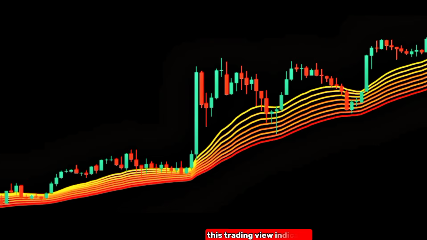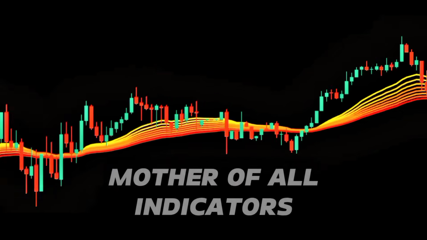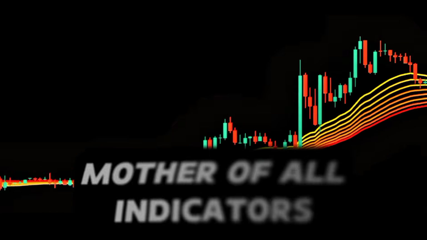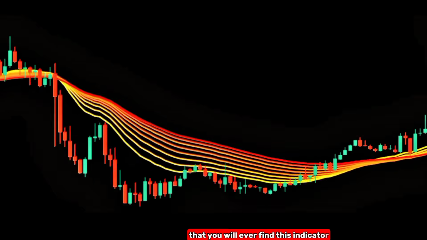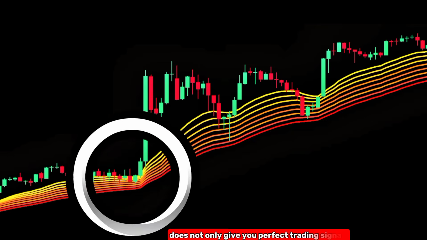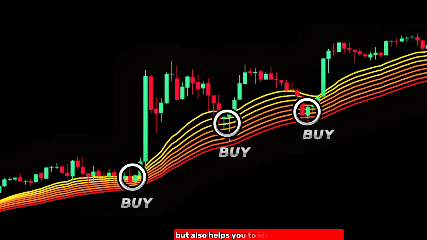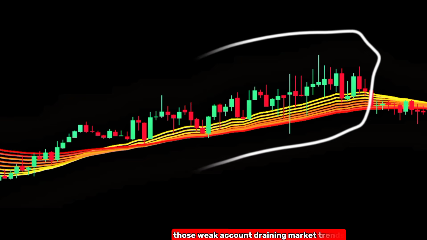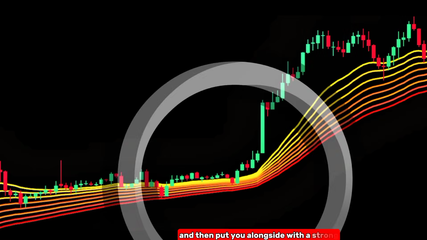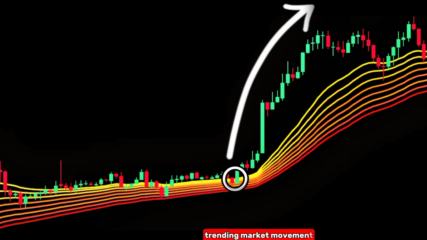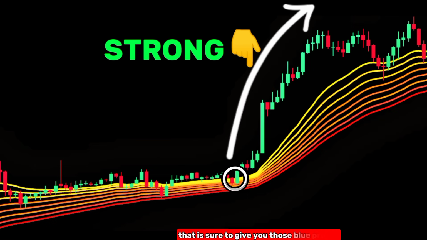This TradingView indicator is the mother of all indicators. This is the best TradingView indicator that you will ever find. This indicator does not only give you perfect trading signals, but also helps you to identify and filter out those weak, account-draining market trends, saving you from those weak trends that make you lose money consistently in the market, and then puts you alongside a strong trending market movement that is sure to give you those blue profits